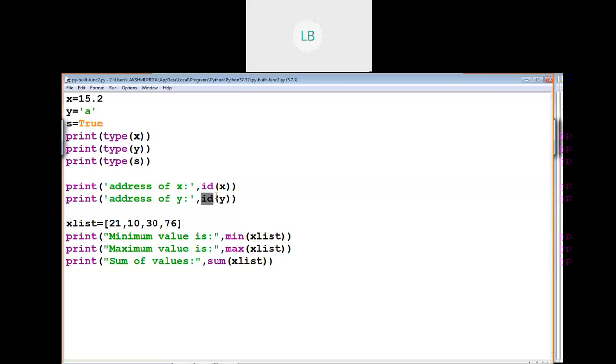The id function will give the identity, that is, the address of the variable. Then here you can see a list: 21, 10, 30, 76. So 4 elements we have in the list. Using the min function, we are going to get the minimum value out of this list. You can use the max function to get the maximum value, and the sum function can be used to get the sum of all the values in the list. Let me execute this, children.